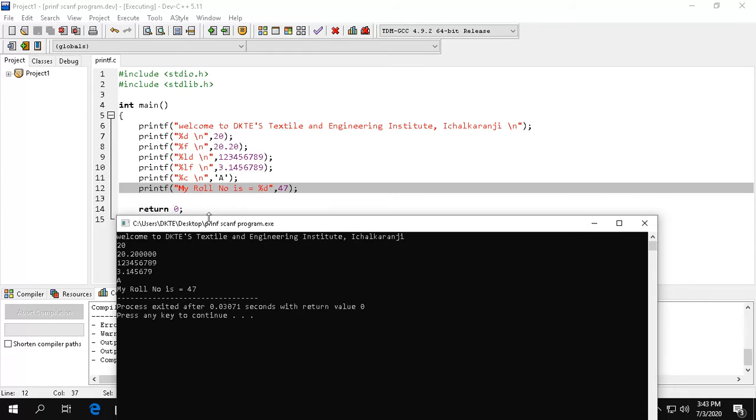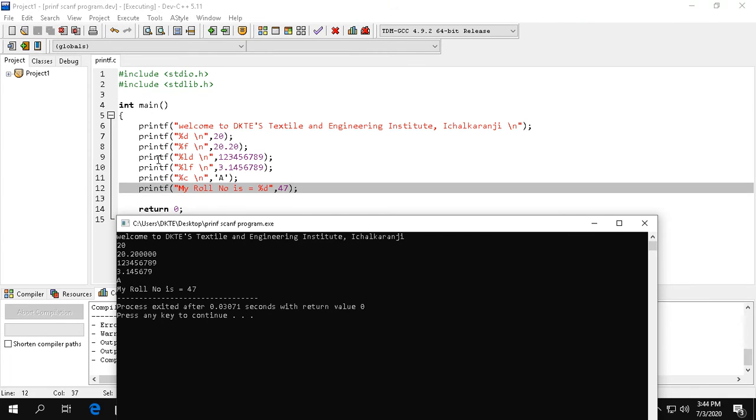Now if we have a look at the output, if we consider the first printf function, what is the statement we are going to print by using the first printf function? Welcome to DKTE's Textile and Engineering Institute. So that we will have over here as the first line in the output window. Now this \n is used to move to the second line. So this integer value 20 we will have on the next line.